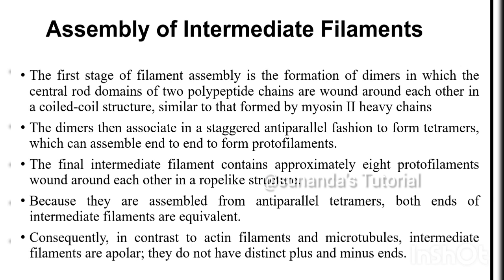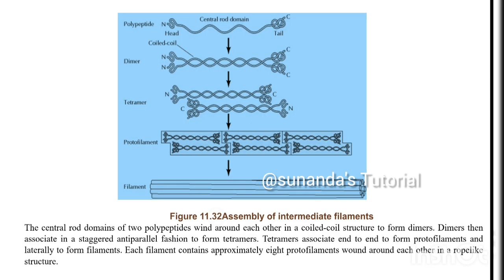They do not have plus and minus ends, but microfilaments and microtubules have plus and minus ends, while these lack a plus end and minus end. So this is the diagrammatic representation of the assembly of intermediate filaments. At first, one monomer or polypeptide chain associates with another to form a dimer, then a tetramer is formed in an antiparallel